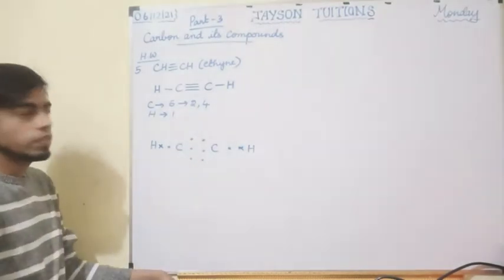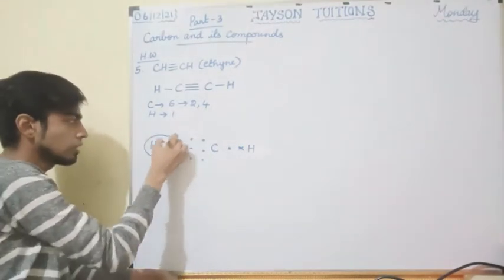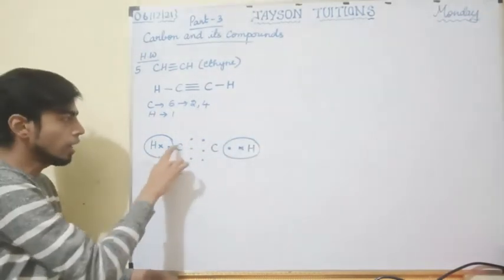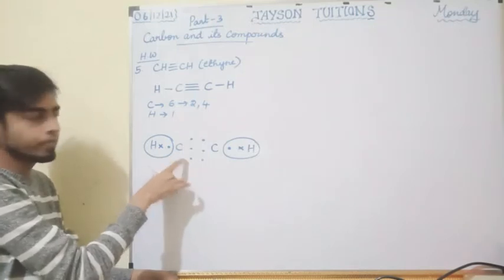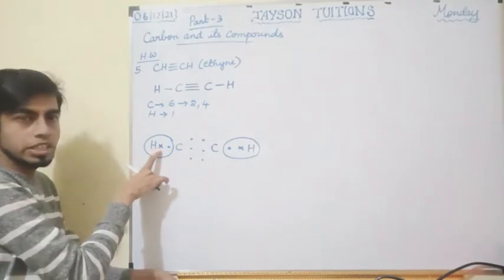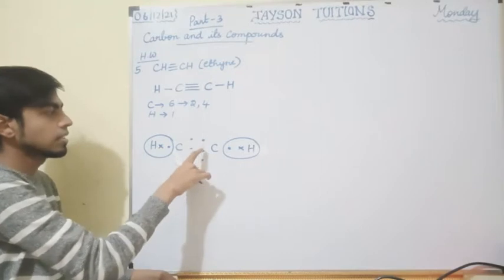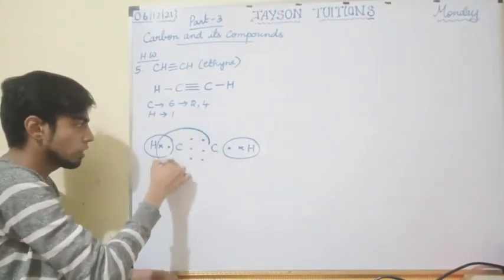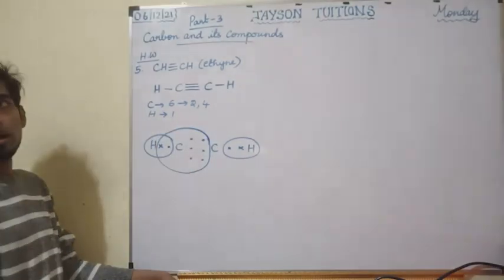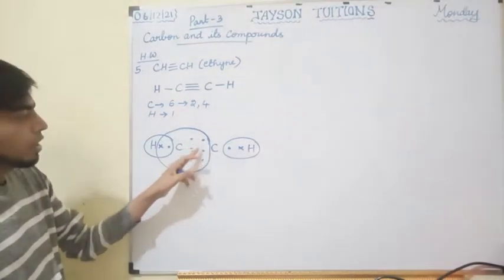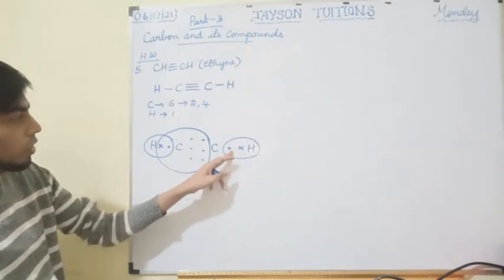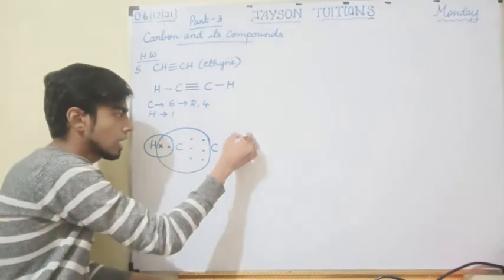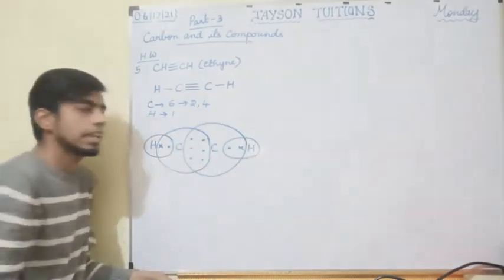So always you should first circle for hydrogen 2 electrons, and coming to this carbon already it is having 4 electrons. Fifth electron from hydrogen it will share. Sixth, seventh and eighth electron from the neighboring carbon. So you have to circle like this. Okay, and coming to this carbon already it is having 4. Fifth one from hydrogen, sixth, seventh, eighth from this carbon. So you will get like this.